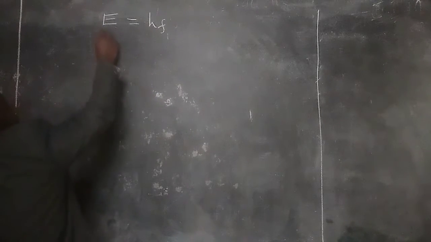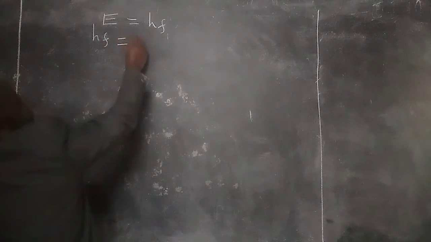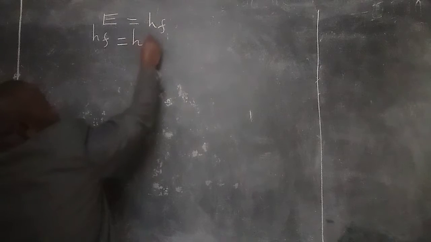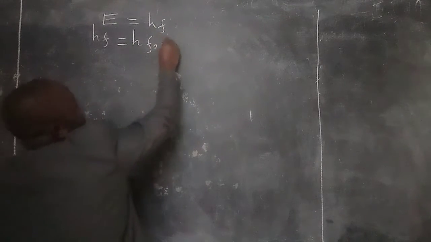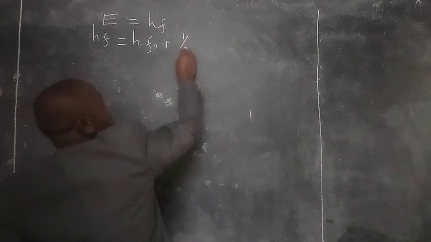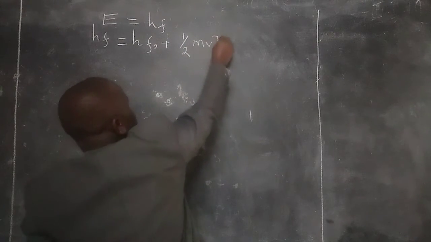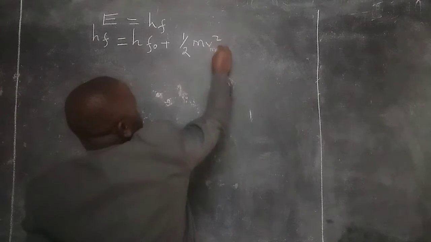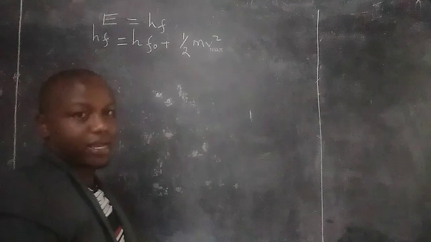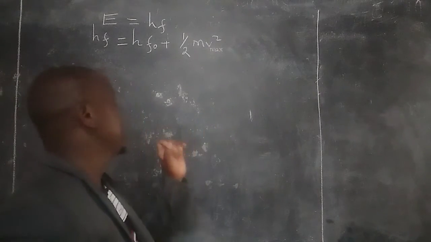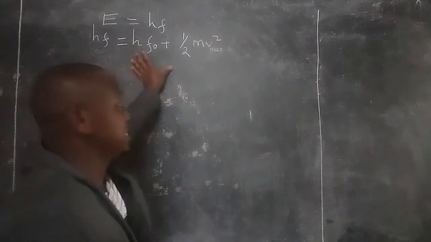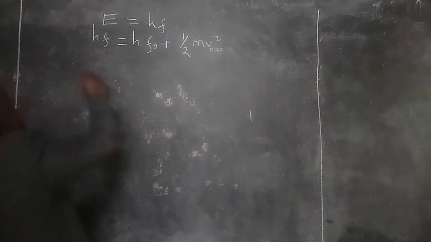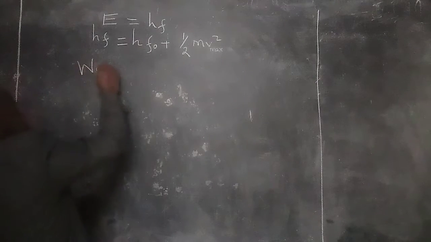So we can say that this energy is usually split into the work function, and the work function of the metal is given by hf naught, plus the kinetic energy, which is given by half mv squared. For this case, we have the maximum speed at which the electrons will move. Now that we know that it is given by this, we can again say that according to the work